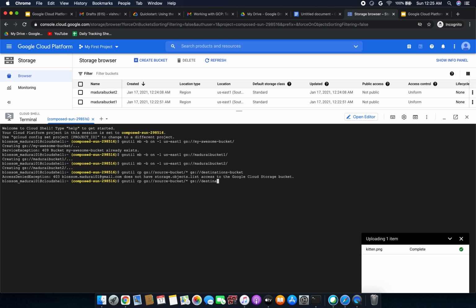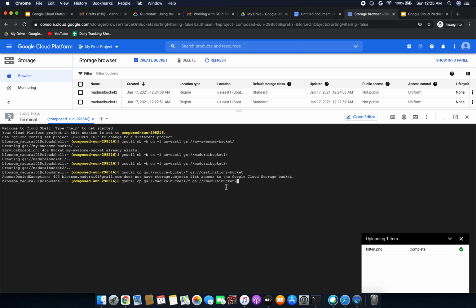We have to give the source bucket and destination bucket name. So source bucket, it's Madurai bucket 1. Just remove this one, I'm updating this. Okay, Madurai bucket 1, then we have to give the forward slash and star here, and here we have to give the destination bucket,